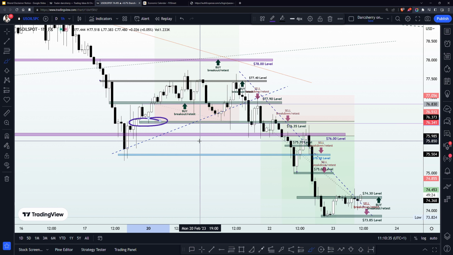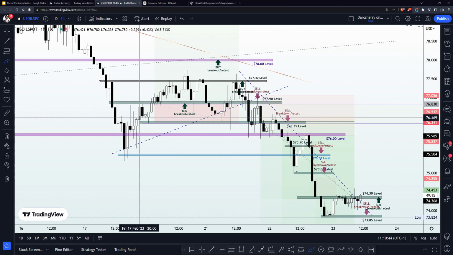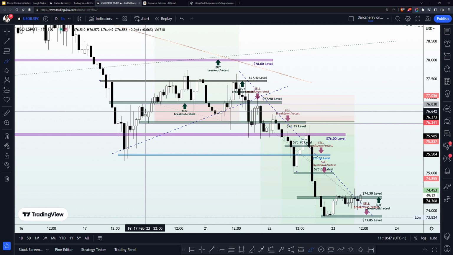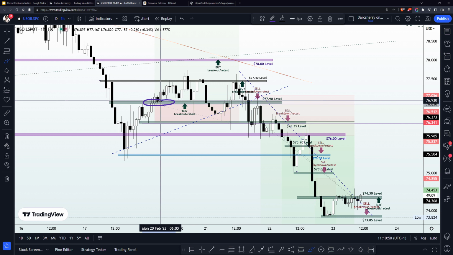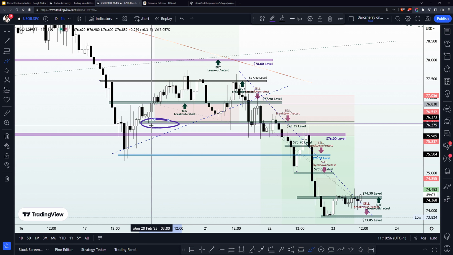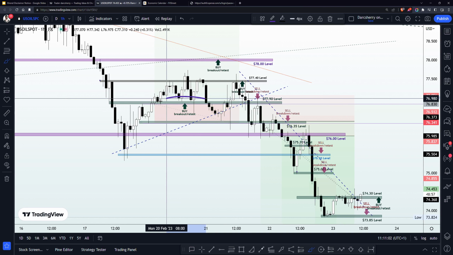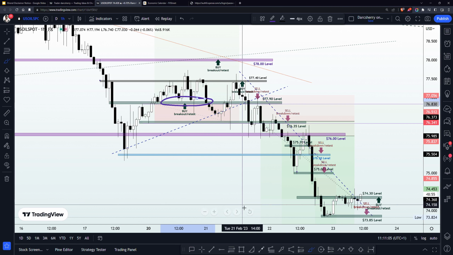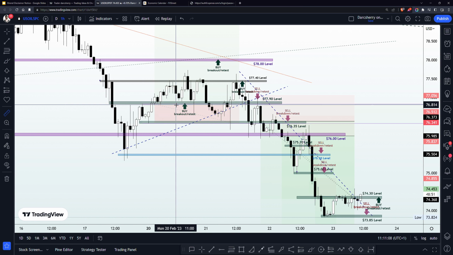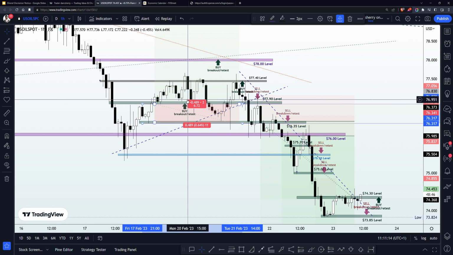And what we normally look forward to whenever we have this kind of flat channel is to remain patient and wait for price action to break out of this channel, probably the breakout of the resistance point to give us a buy opportunity, or the breakdown of the support level of the channel to give us a selling opportunity. Though we had a couple of buy moments at the beginning of the week when price action broke out to retest the $77.90 level, and on both occasions we saw price action move about 80 to 90 pips in our favor before this bearish momentum took over this market.